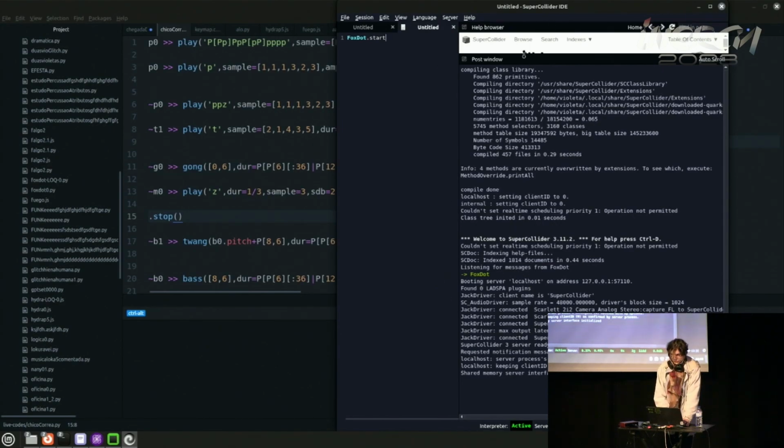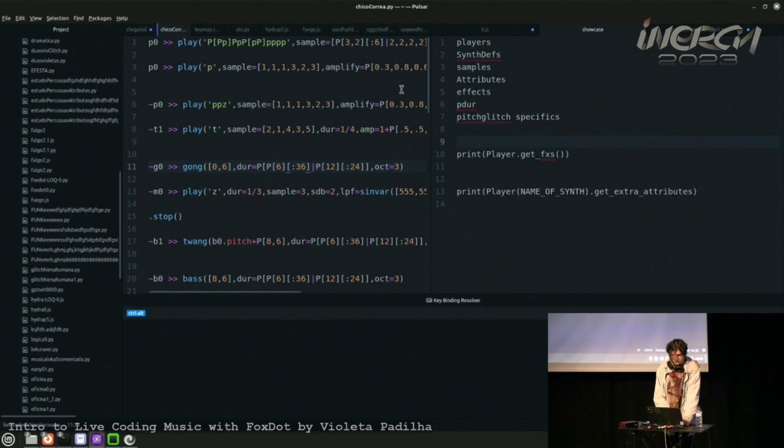I run here in SuperCollider, so it's listening to messages from FoxDot, and then here in Pulsar, I don't have to use Pulsar, and probably if you use FoxDot, you'll be able to use FoxDot's own development environment, which is just a simple editor. But I prefer to use Pulsar, and I'll show you why. So in Pulsar, I'll start FoxDot. You can see here FoxDot has started,